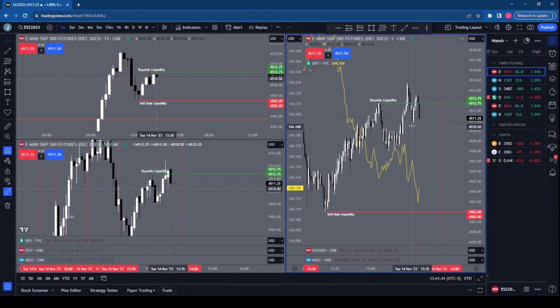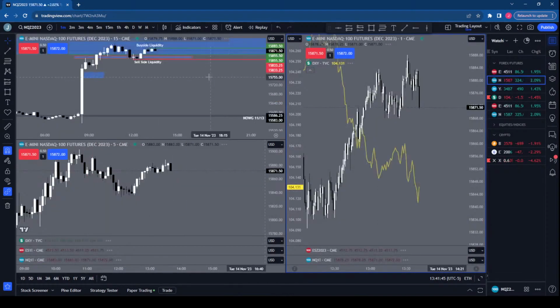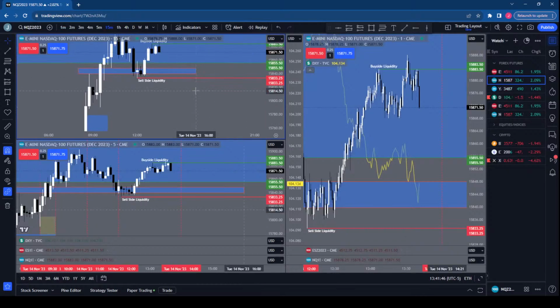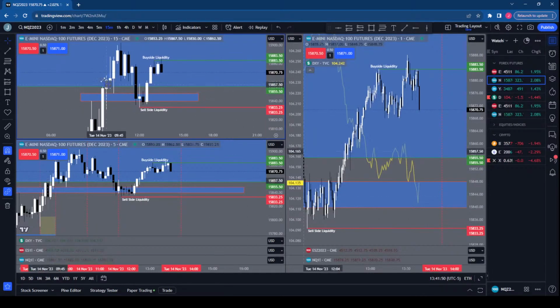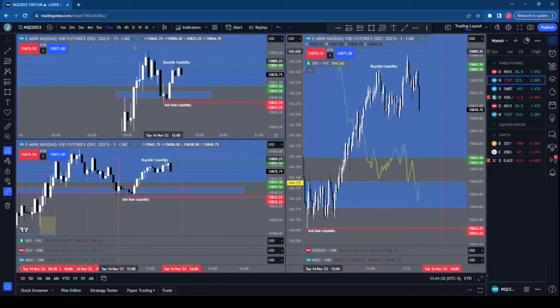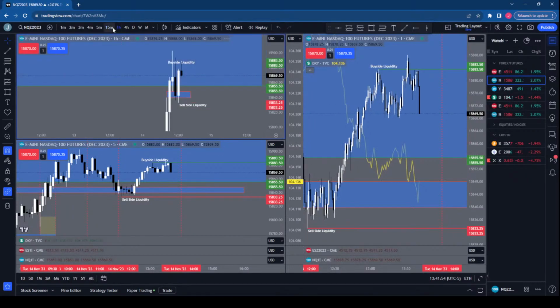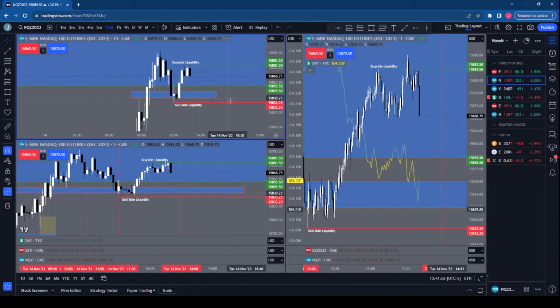Again, we'll have to see how these lows are treated. I'm going to take a quick look at NASDAQ. As you can see, NASDAQ. So even think of it on the higher time frame, like the 15 minute, I kind of broke down earlier